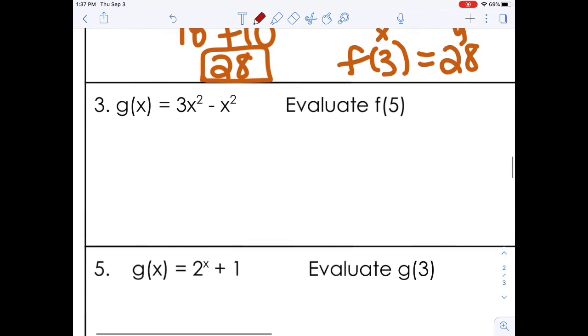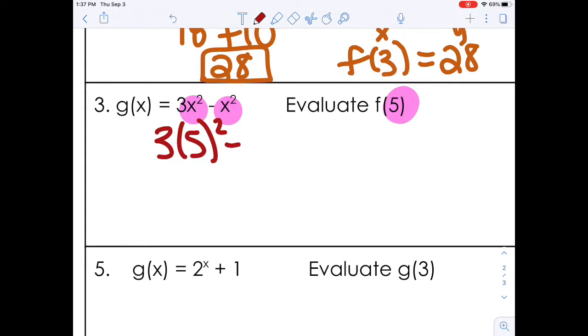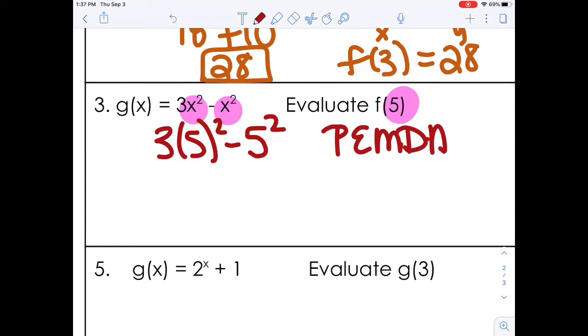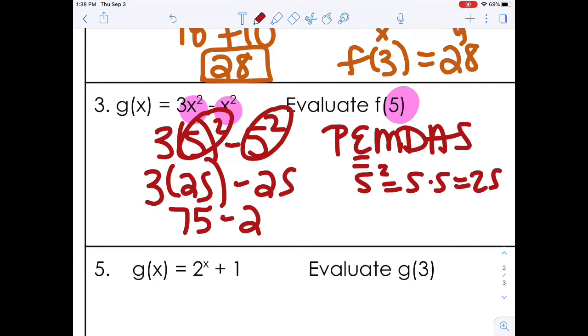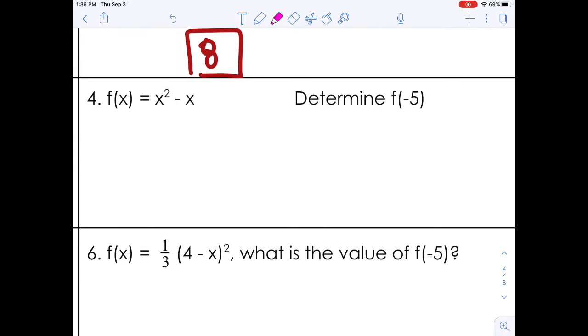Number 3, same thing. If we have g of x equals 3x squared minus x squared, we are going to take this 5 and plug it in for x. So instead of writing 3x squared, we're going to write 3 times 5 squared. And then minus, instead of x squared, we're going to write 5 squared. Follow your order of operations. There's nothing to do in the parentheses, but we can do our exponents. 5 squared means 5 times itself, which is 25. So this is 3 times 25 minus 5 squared, which again is 25. 3 times 25 is 75 minus